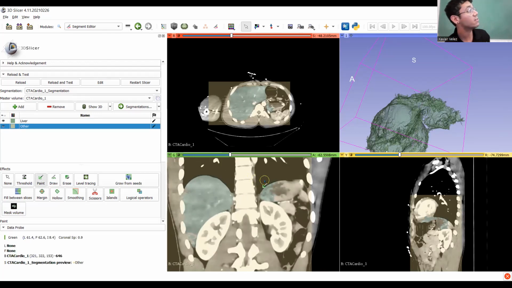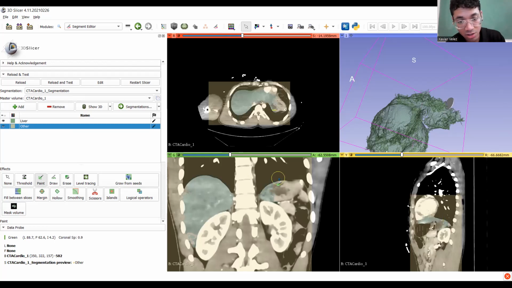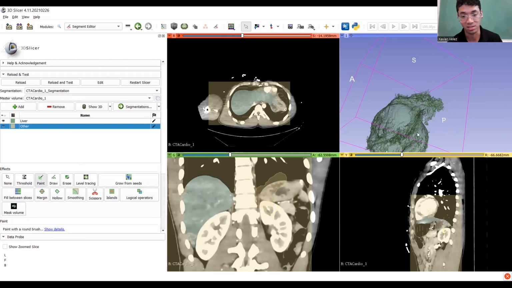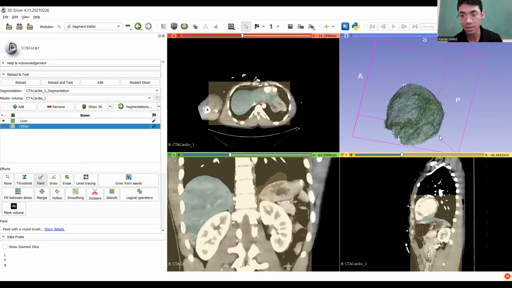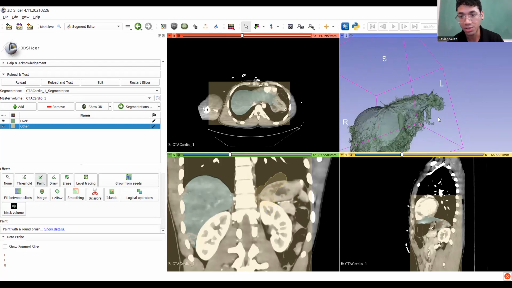Because we haven't finished the grow from seeds yet, if I just take this section and paint over this part right here, it's going to update a new initialized grow from seeds based on what it now thinks is liver and not liver. So as you can see, maybe I'll go back and do that again. If I undo that, in our 3D view, oh man, it's messy. If I redo it,